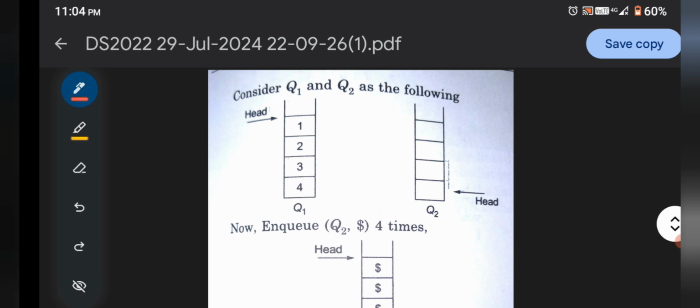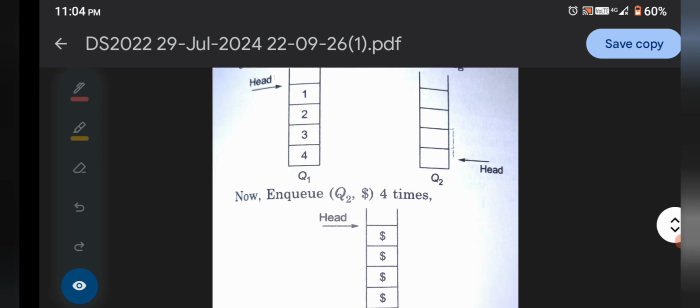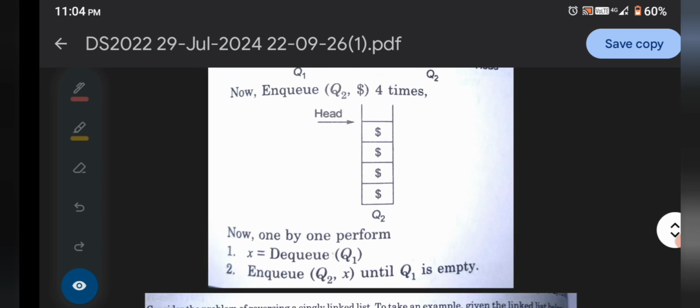Now here the enqueue operation takes 4 times. If we take dollar simply for the 4 times, dollar represents the empty space, that is null or zero space. Now if we dequeue all the elements one by one, we get x from dequeue of Q1 and enqueue x in Q2 until Q1 becomes empty.